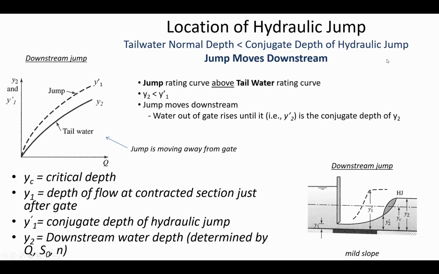So if we look at the rating curves, the hydraulic jump rating curve is higher than the tailwater rating curve. Now think about what that means. It means for a certain flow rate, you need less depth for the tailwater than you need for the hydraulic jump. So the hydraulic jump can only jump up to,